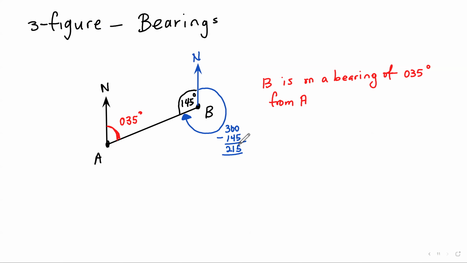So 215 degrees is the bearing of A from B. So therefore, A is on a bearing of 215 degrees from B. So once you know the bearing of one point, you can figure out the bearing of the other point. So if you know the bearing of B from A, you can figure out the bearing of